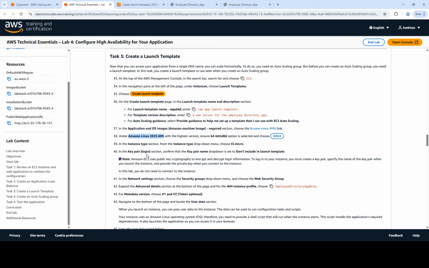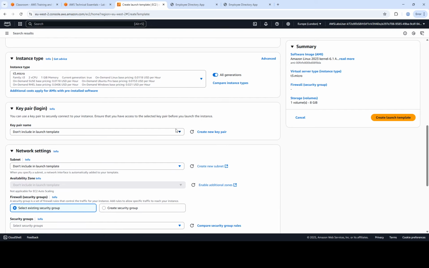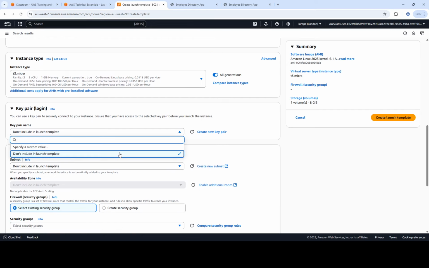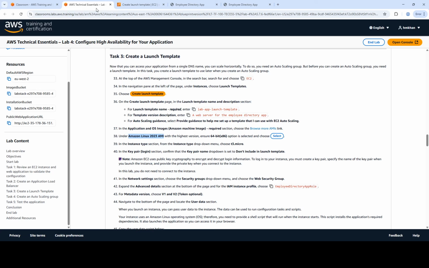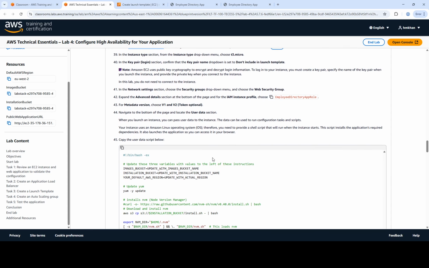And the key pair for the security purpose, key pair is there. So in the key pair section, confirm the key pair name and set to don't include, right? So we are not making it more secure at the moment. Okay, key pair is done, and then